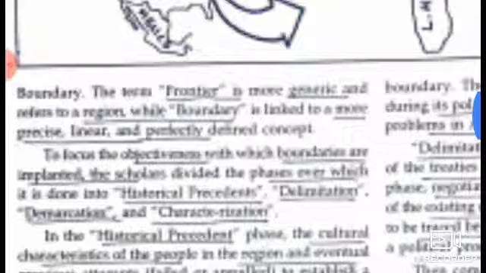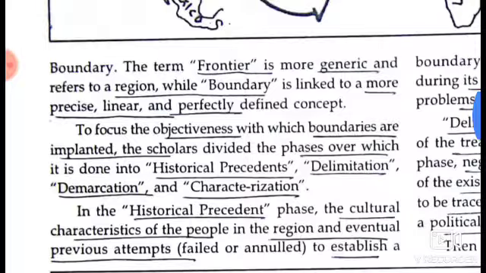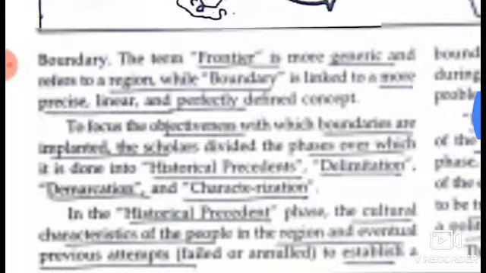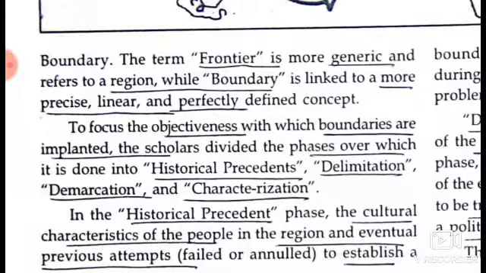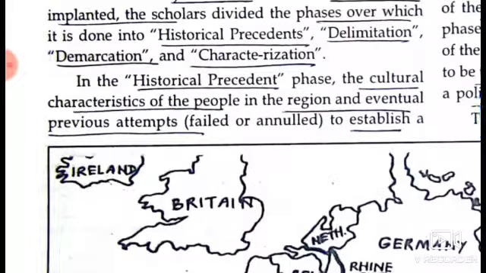So the term frontier is more generic and refers to a region, while boundary is linked to a more practical, linear and perfectly defined concept. To focus the objectiveness with which boundaries are implemented, the scholars divided the phases over which it is done into historical precedent, delimitation, demarcation, and characterization. In the historical precedent phase, the cultural characteristics of the people in the region and eventual previous attempts, failed